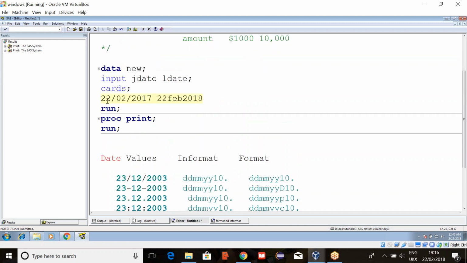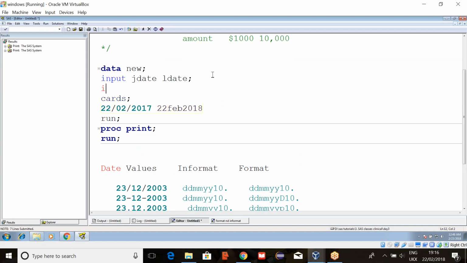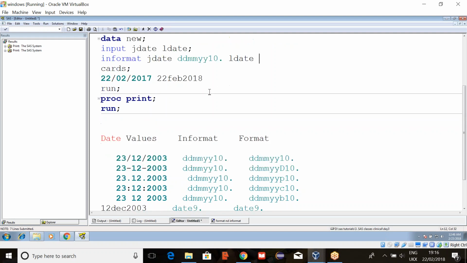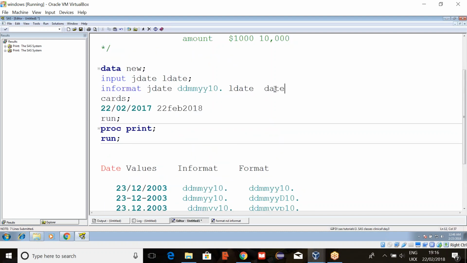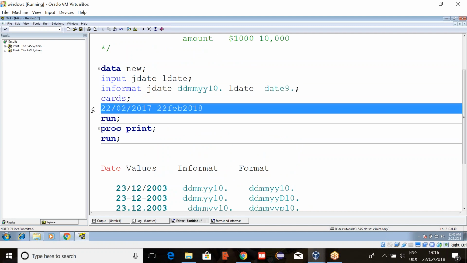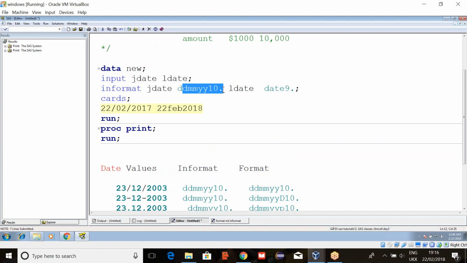Now, in this case, which informat is applicable for this? Date, month, year. First one. Yes, the first one. So here use the INFORMAT statement: INFORMAT, your variable name, and what format? DDMMYY10. And then the next one is leaving date. As I told you, if you have characters, just use DATE9. So here write DATE9. Remember, whatever informat is applicable, the same thing we have to use. This one and this one should match. Then only SAS will be able to read.